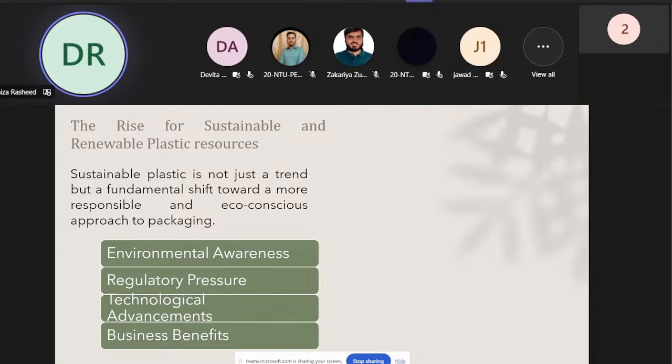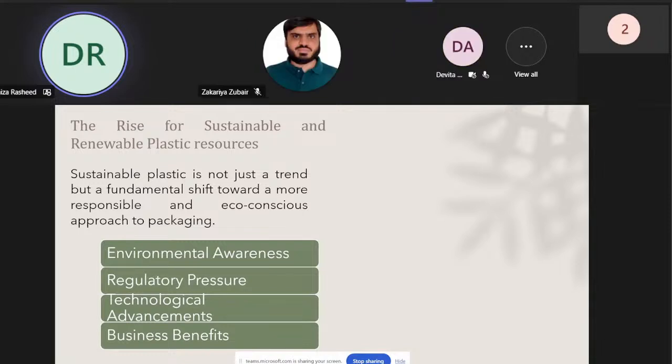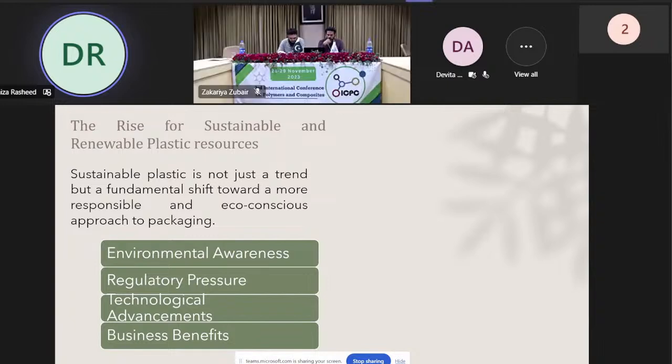having a lot of renewable plastic resources now. We also have green energy resources in several advanced countries. So of course there are regulatory pressures which push us towards sustainable alternatives. Then we now have a lot of technological advancements which are giving us more opportunities to make biodegradable alternatives to synthetic plastics. And then there are business benefits as well, because with the use of bioplastic, we may